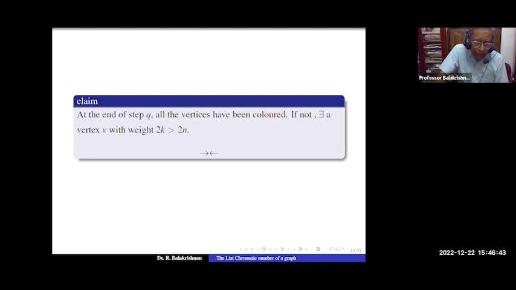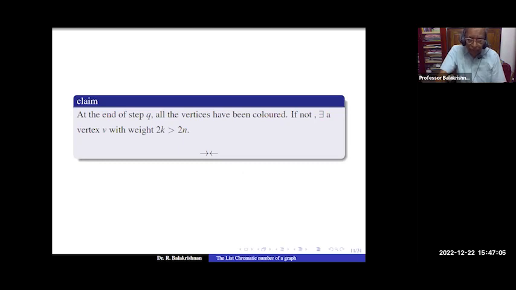At the end of the step, all the vertices are being colored. If not, there is a vertex V with weight 2 to the power k, not 2k. Sorry, because every time you are multiplying by 2, so 2 k times is 2 to the power k. But k is log n with respect to base 2 plus 2, so 2 to the power k is larger